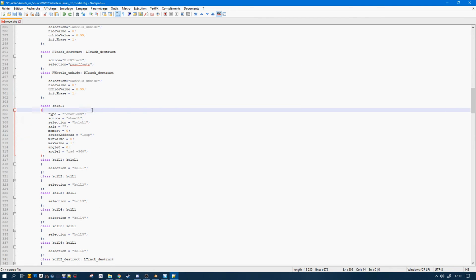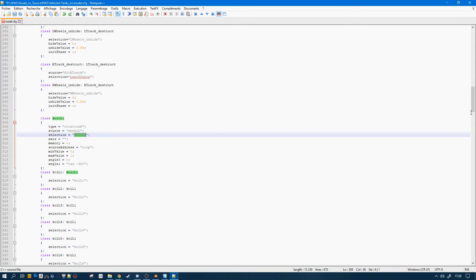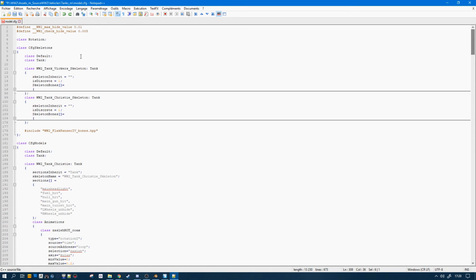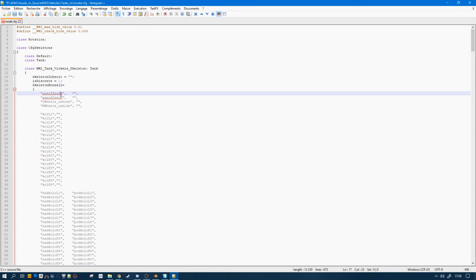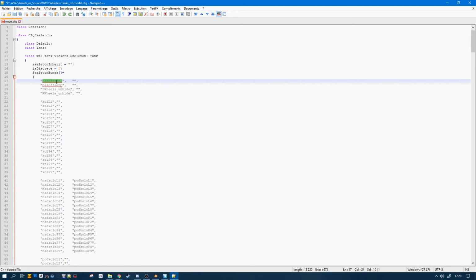The last thing that you need to know is that the selection here is going to refer to a named selection inside the model, and so you have to declare them in the model config. The way to do this is to list them. And how does it work? You declare one class, and this is the inheritance.